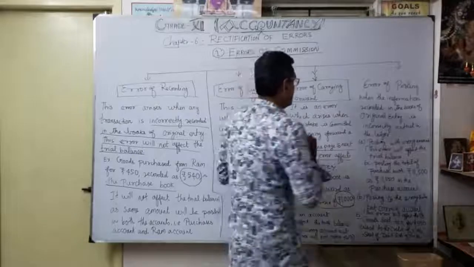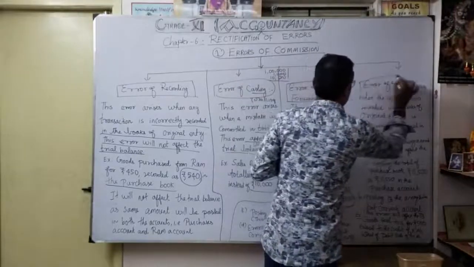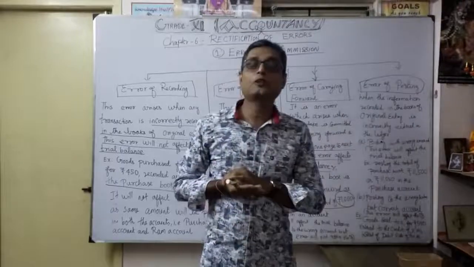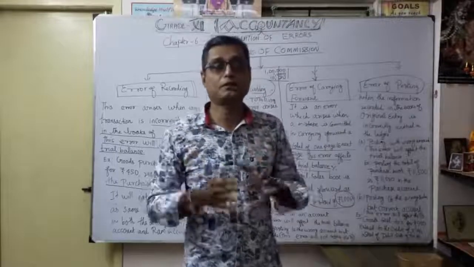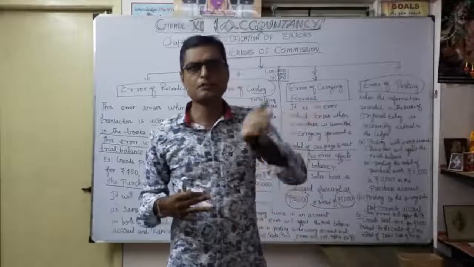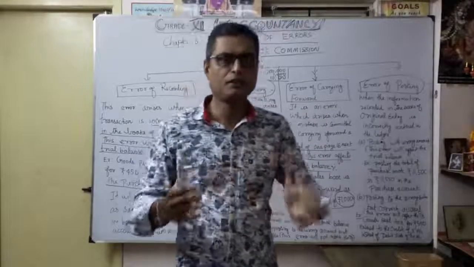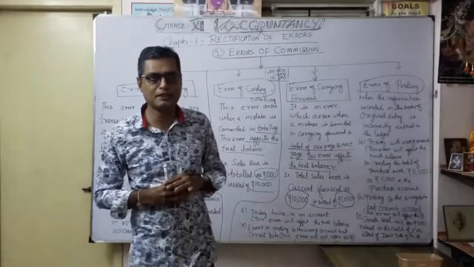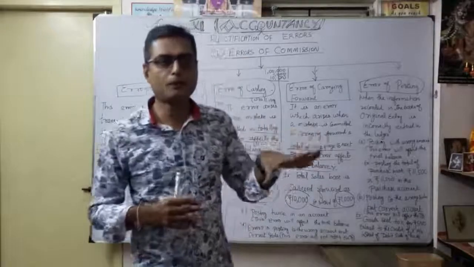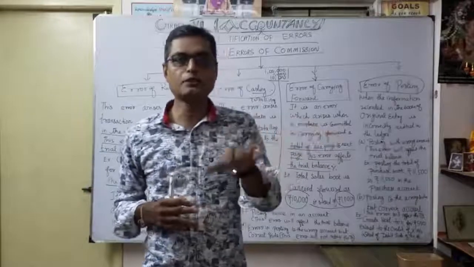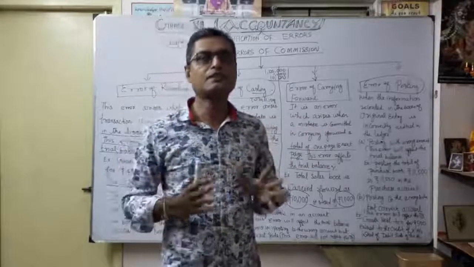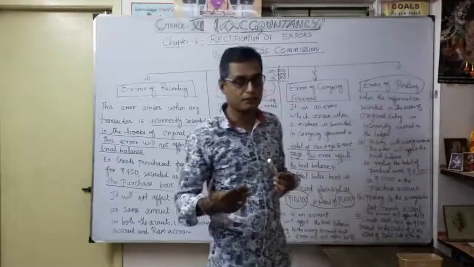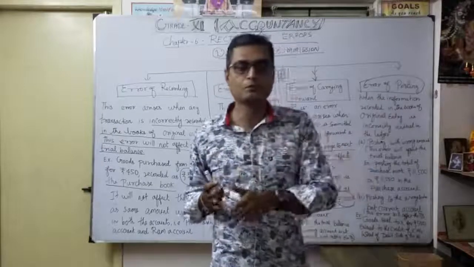The fourth one, error of posting. You should be very careful when you do posting. As ledger posting, definitely when you are learning now, posting mistakes will come mostly. As a new beginner, a new learner of accountancy, after forming a journal entry, when you go for the posting, errors will come. This is very, very important. See, error of posting: how does the error occur when you go for posting to the ledger?